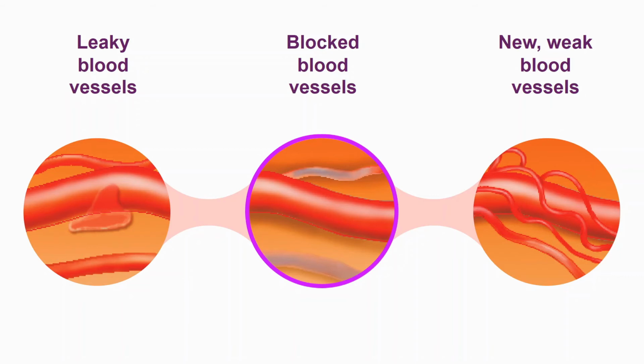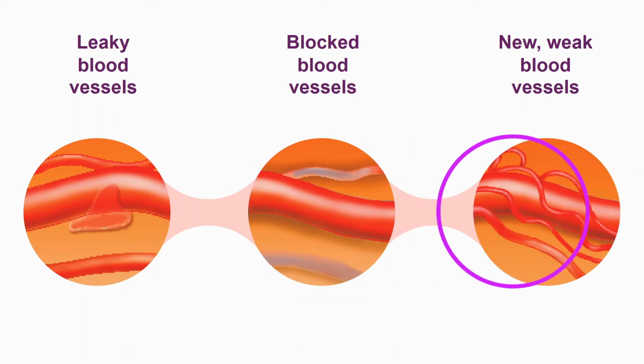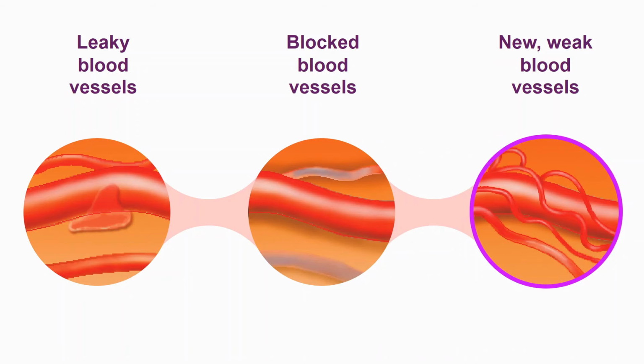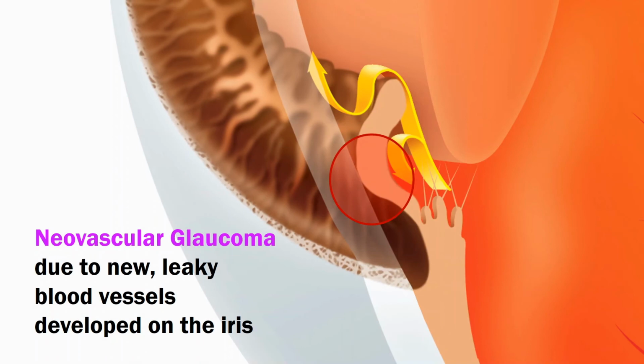I'm using these big phrases because if you decide to learn about your health in detail, you will encounter the acronym VEGF multiple times. These vascular endothelial growth factors trigger growth of new blood vessels to compensate for the blocked blood vessels. However, these new vessels are often weak and leaky. They may also grow at unusual or unintended locations, such as on the iris of the eye.